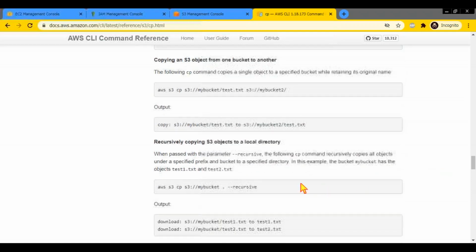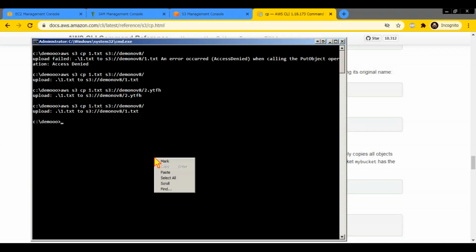Suppose you want to copy S3 buckets to a local directory. You want to download all files from this bucket to your local machine. You can run this command. You want to have the same folder structure and you want to download everything inside that bucket. You have multiple folders and all that stuff. You can do that. You can say AWS S3 CP. You copy these files. So you can just take the same command and just replace your bucket names.